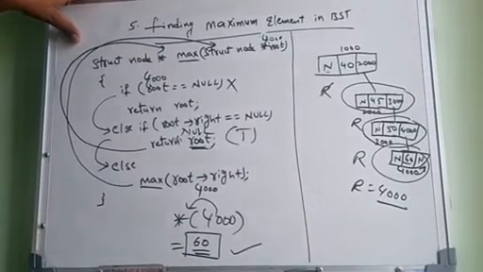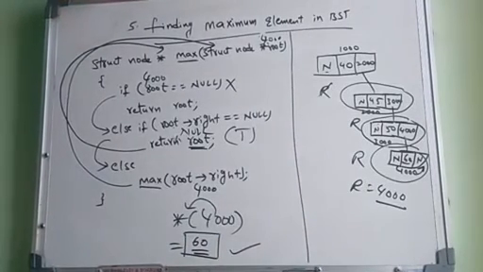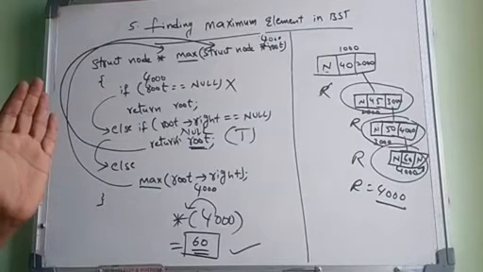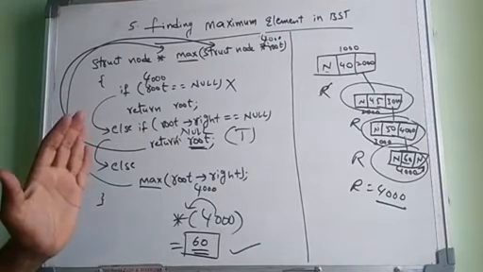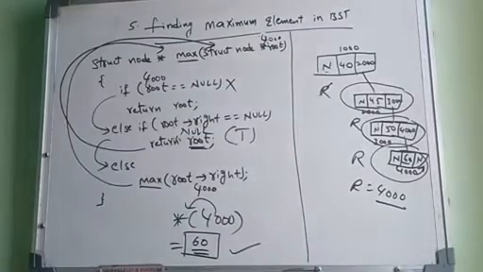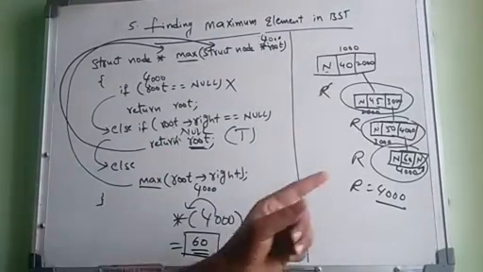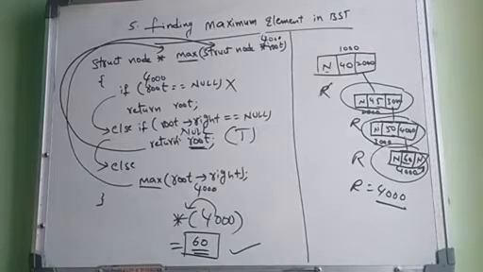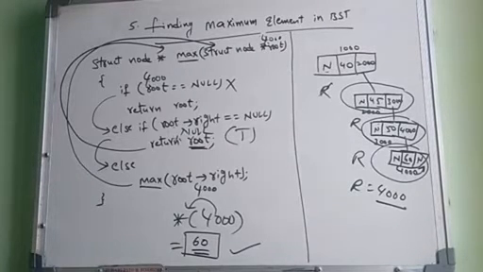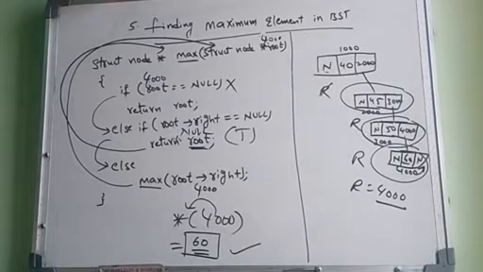So this is finding the maximum element in the binary search tree using sample code, and with an example we saw how to search one step after another to reach the final end of the maximum element. So that completes the operations of the binary search tree. So far we have discussed insertion and deletion. In deletion we discussed three cases: zero degree node deletion, one degree node deletion, and two degree node deletion.